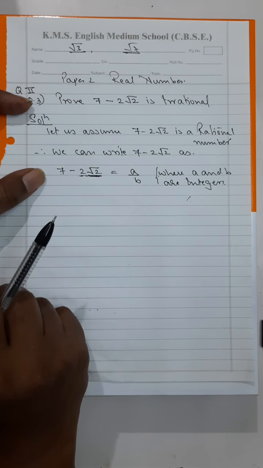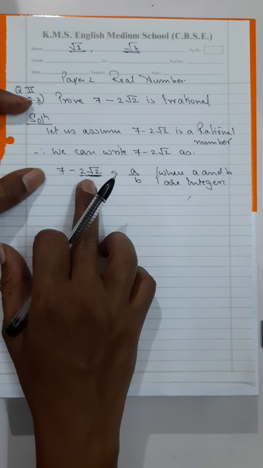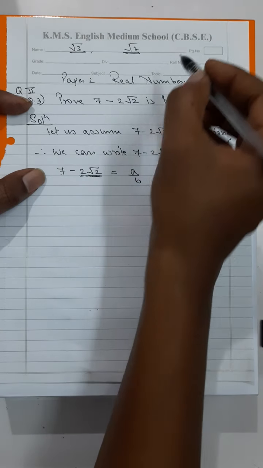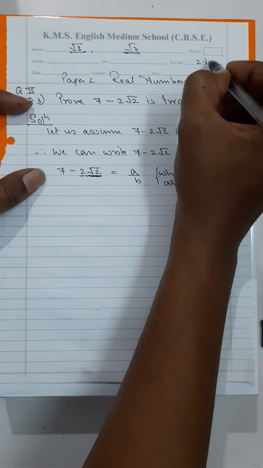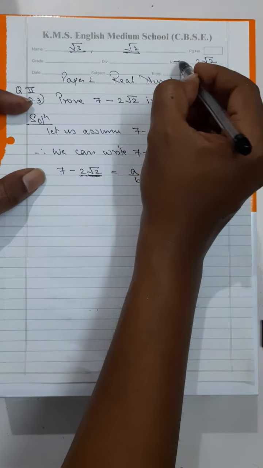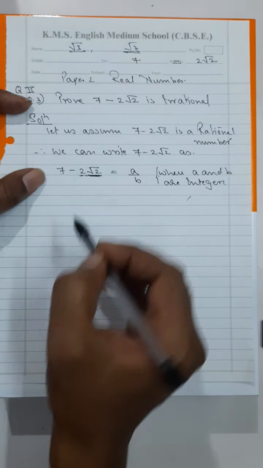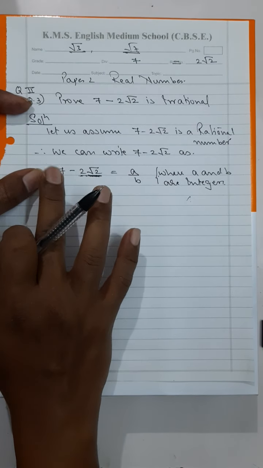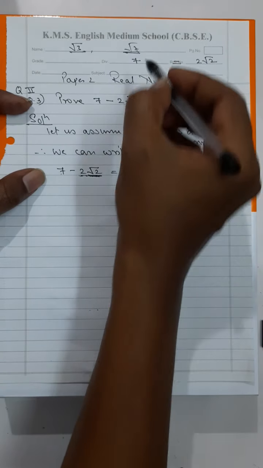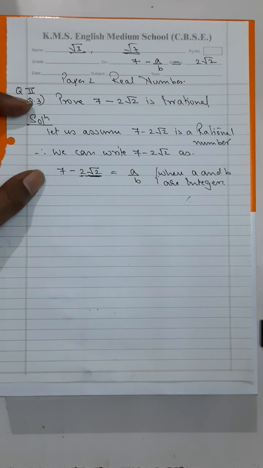Okay, my dear students. So see, basically the picture is how 2 root 2 is going to shift over there, and you will be writing 2 root 2 on the right hand side. 7 has stayed over here, so you will write 7 over here, and it is plus 7. A upon b is shifting from there over here, so it is plus a upon b. After shifting from there, right hand side, it will become 7 minus a upon b.